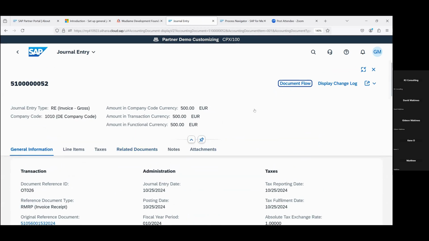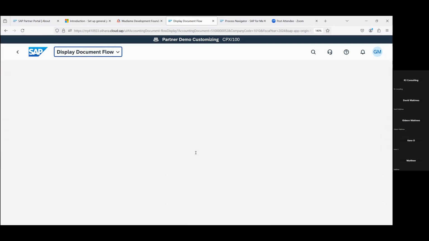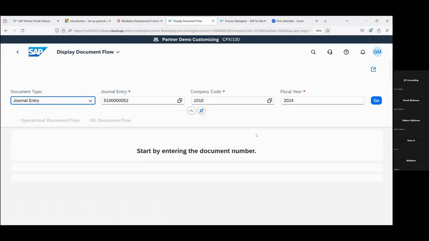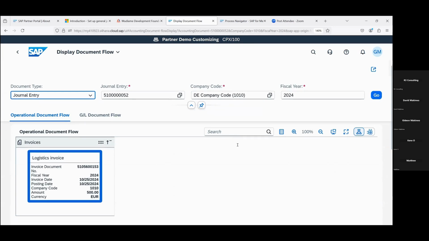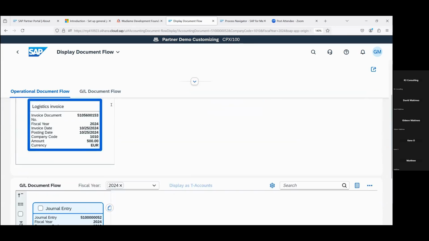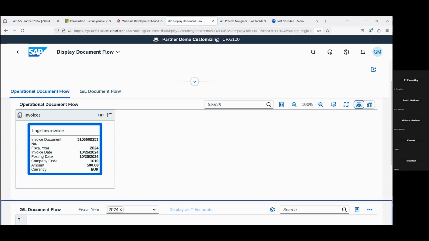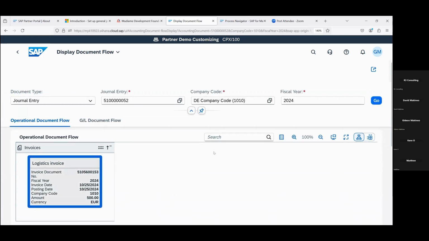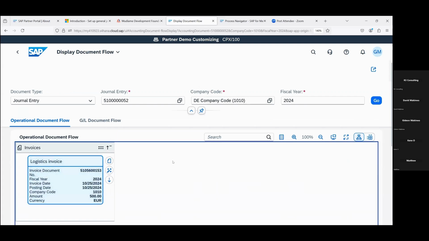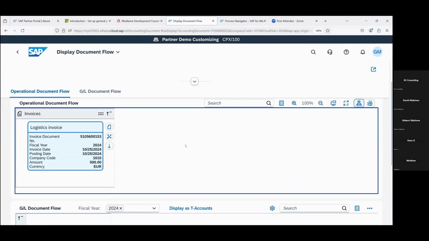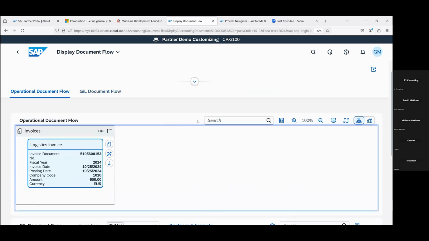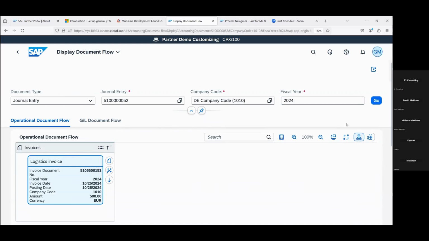I can click on the document flow, right, to see the process flow, right? So here I can see different ways to view this, or I can go to GL view and all that, right? So some of this capability, unlike ECC where you need a lot of code to navigate, right? S/4HANA has been much simplified with a new user experience, which is based on Fiori, more just click and navigate, right? And all that.